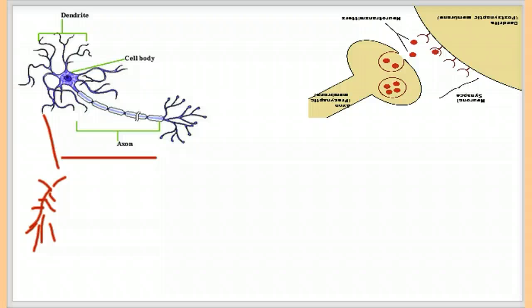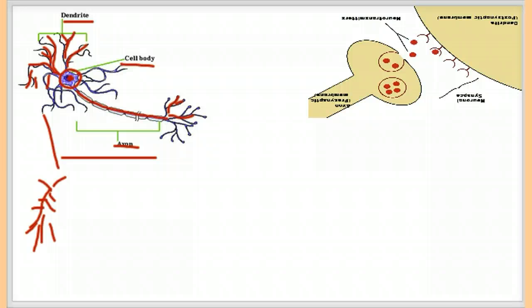So the nerve cell is made up of three parts. It has a nucleus in the center, which is called the cell body, and that's here. It is made up of this part called the axon, and it is made up of a branch network of extensions called the dendrite. I'm not sure if you can, yes, you can see that one. So the parts of a nerve cell are the dendrite, the cell body, and the axon.